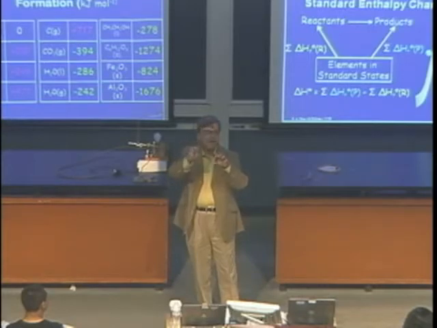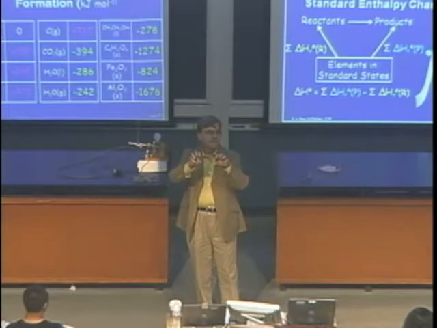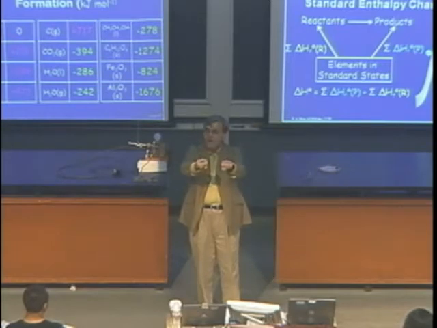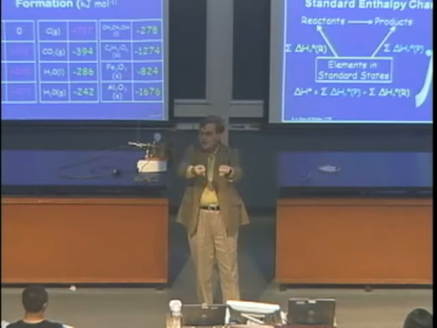So now, if I want to determine the standard enthalpy of formation of 1 hydrogen atom, would it be positive or would it be negative? So hydrogen has 2 atoms. This is 0, the standard state. Now, what do I need to do in order to get 1 away? I have to